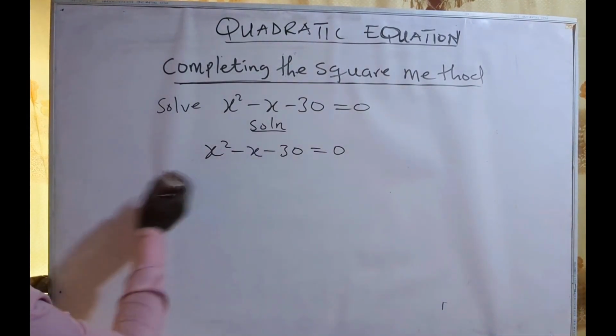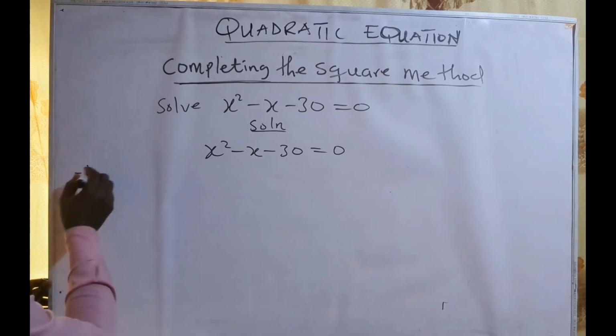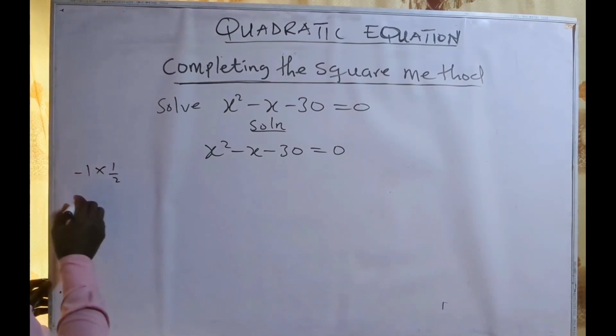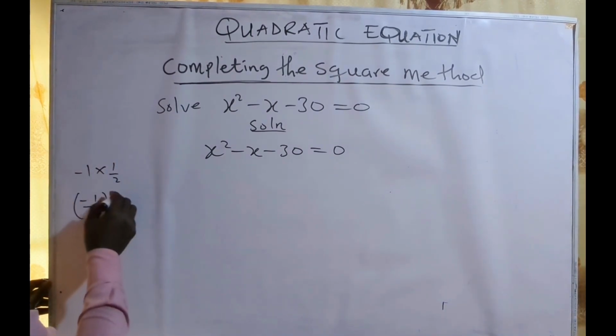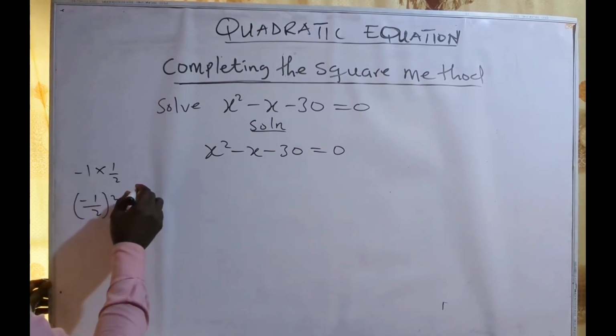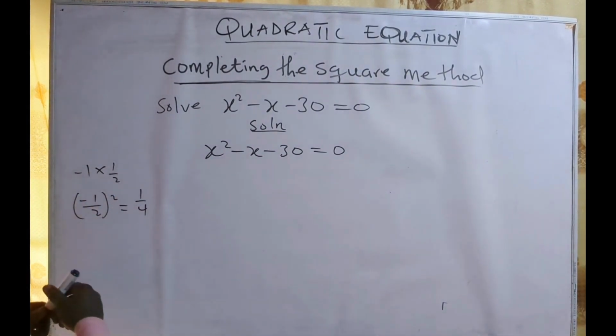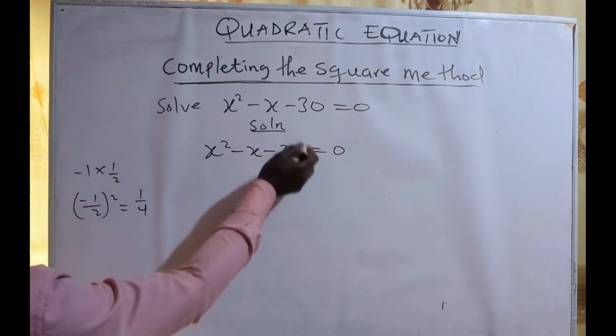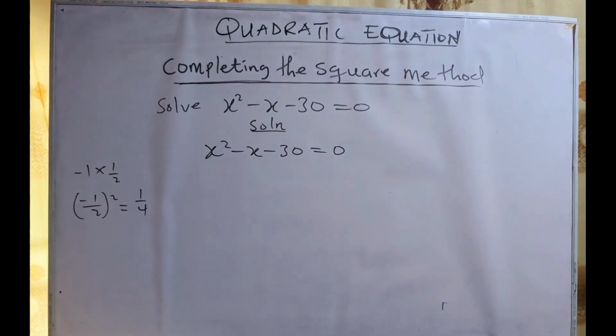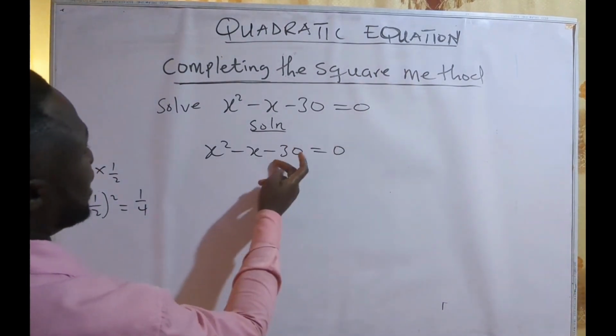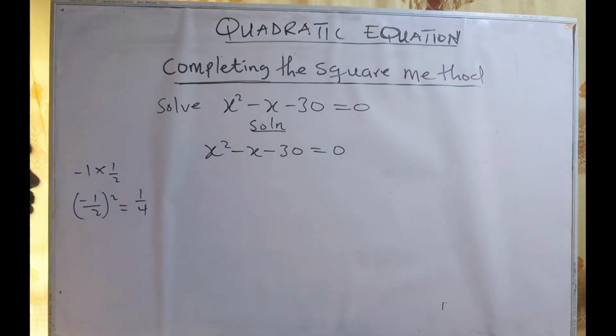Because when you take the coefficient of the x, -1 times half, that will be -1/2. When you square it, what are you going to get? You are going to get 1/4. -1 squared is 1/4, which is not the same as whatever we have here. So it is telling us that this is not a perfect square. So what we do is take the constant to the other side of the equation,